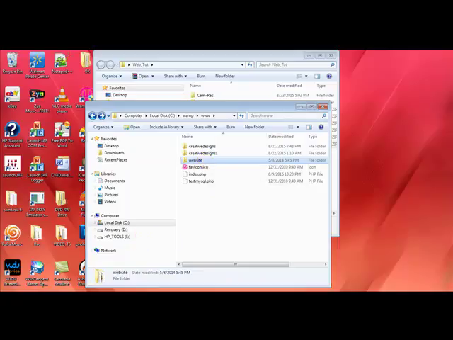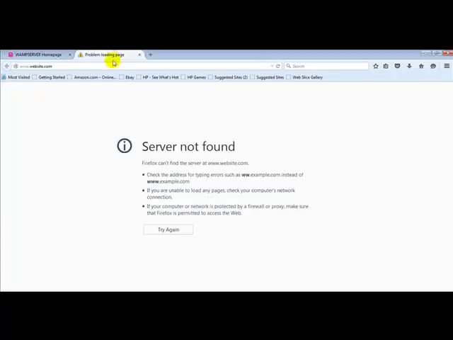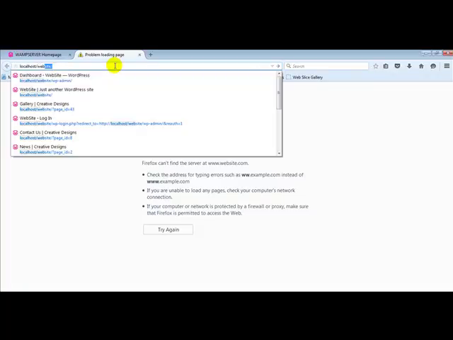So I'll go back to my localhost. You can see we're having only 2 projects here. Now when I refresh, you can see the website you created inside the www folder. So I'll just control click on it to open in a new tab. Okay, you can see an error. Why you're having this error is because this is the latest version of WAMP as of the time of this recording, and this is a bug which they've not rectified. So you have not to bother yourself. Just type localhost, then you type website,